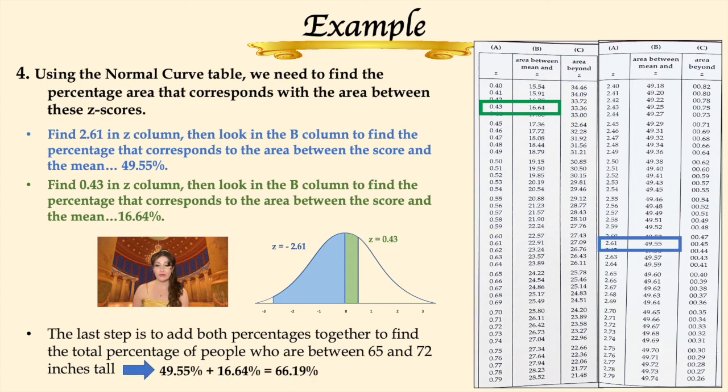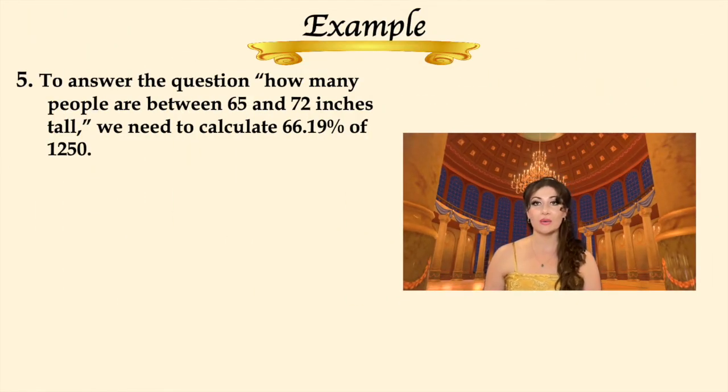So if we add 49.55% plus 16.64%, we get 66.19%. So in other words, this entire shaded area, the blue shade plus the green shade, represents the combined percentage for both z-scores together. So again, going back to our question, how many people are between 65 and 72 inches